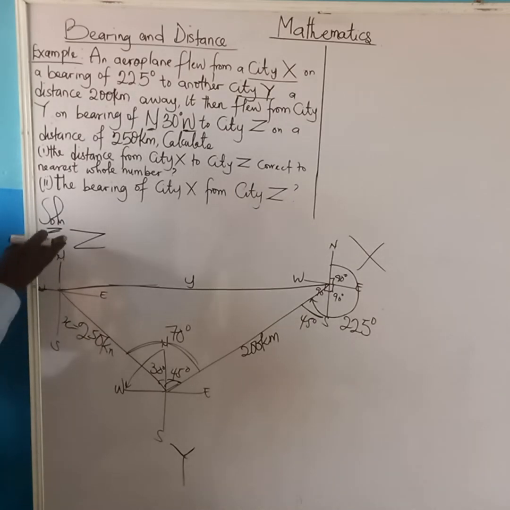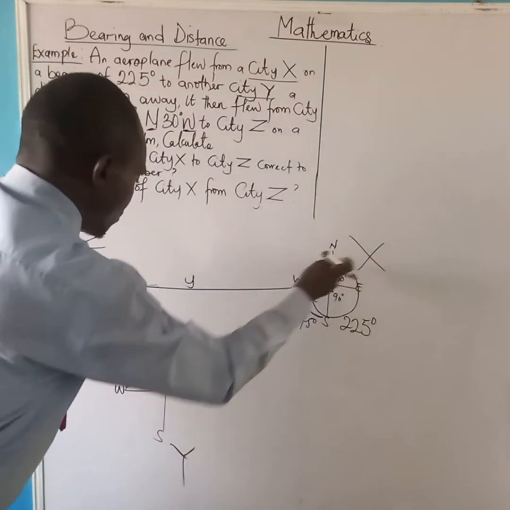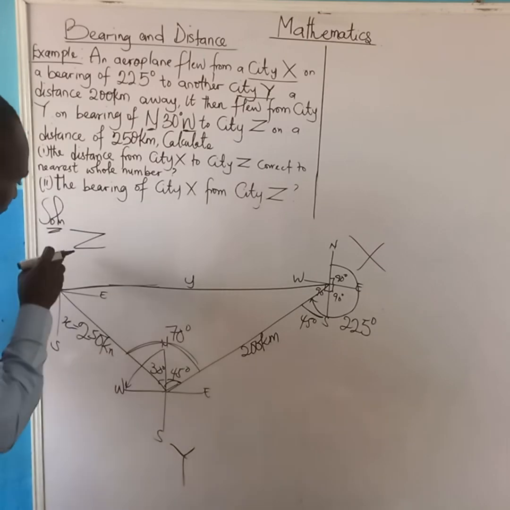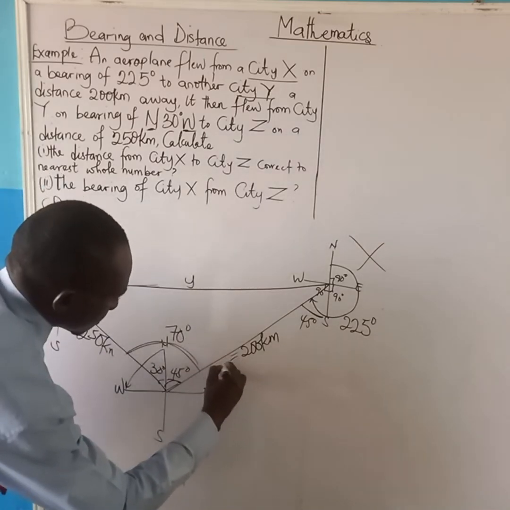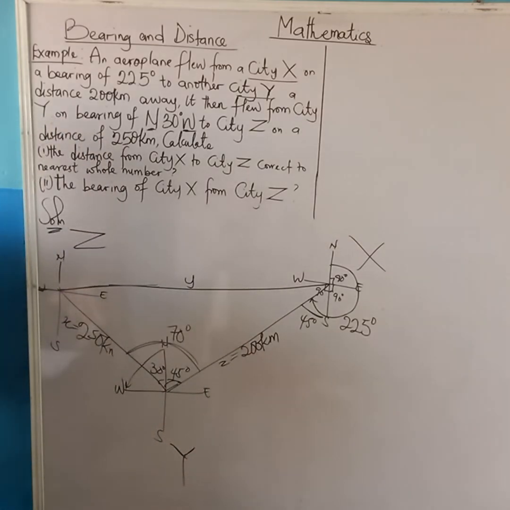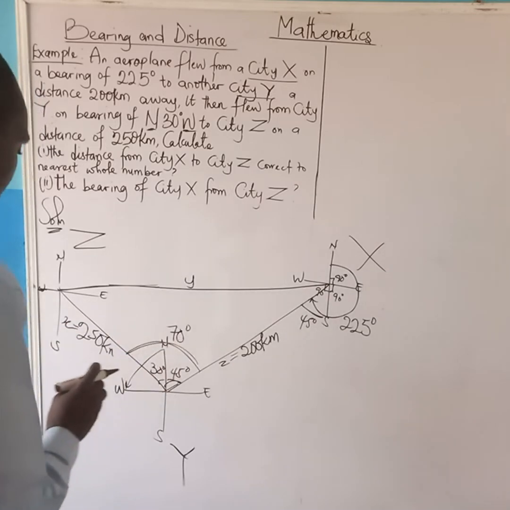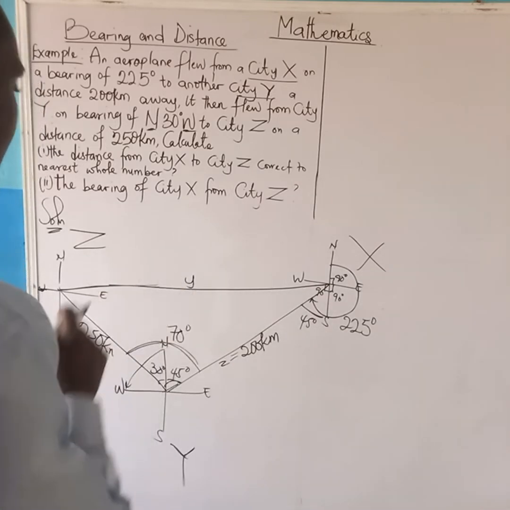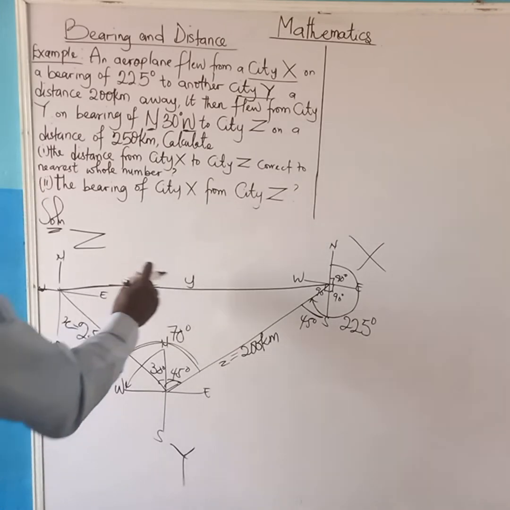Then for the side z, it will be this place because this side is facing this angle. So having located the sides, the angles, and the distances, now to answer question 1, the distance from this place to this place